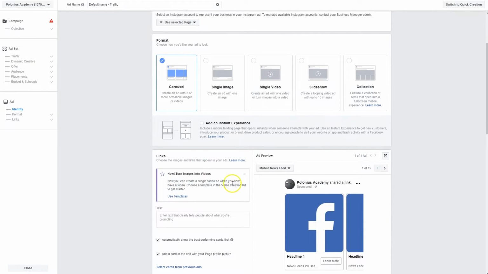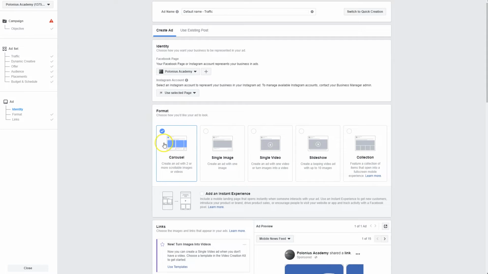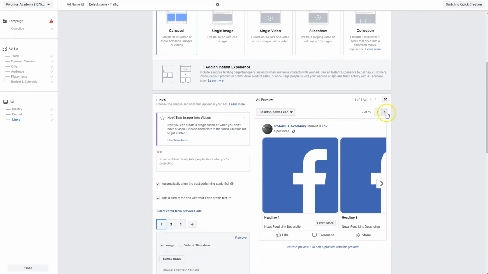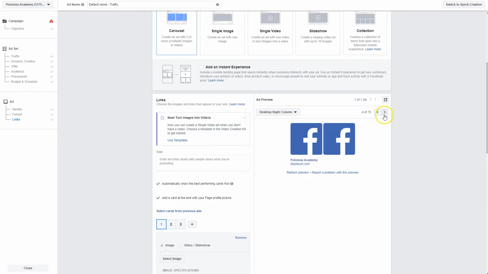So there's always something new here, and by the time you see this video, there's probably going to be some pretty cool new stuff as well. Now, let's go through each of the different formats really quickly. So carousel, you can have multiple images or videos now that scroll from left to right that people can go through. And here's a little preview of different